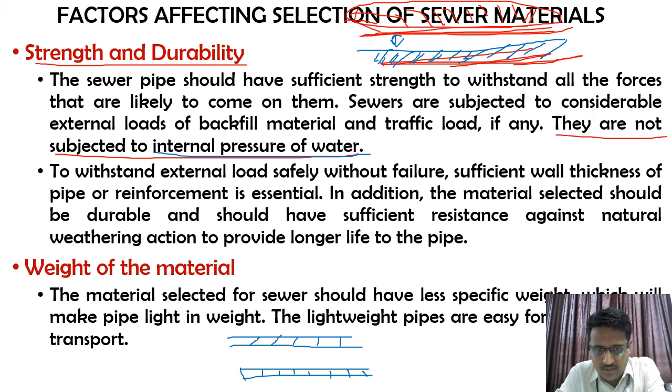Here the thickness will be more, but if I consider a cast iron pipe, the thickness is less when you compare it with the bricks. But if you check out the strength, with various different aspects, the strength of these will